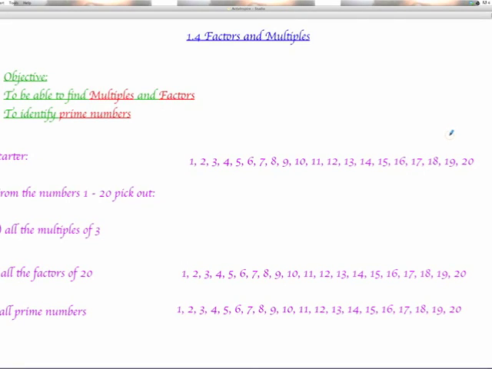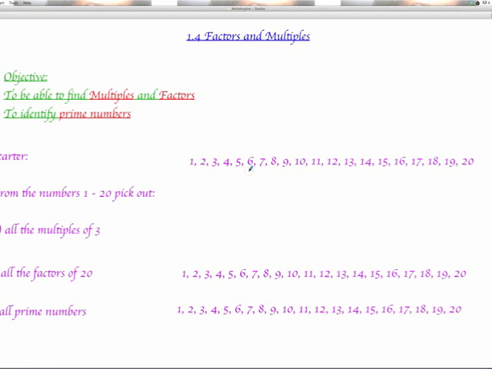In this lesson we're going to be looking at factors and multiples, and by the end of the lesson we need to be able to find multiples and factors of a number, and also to be able to identify prime numbers. So to start off with, from the numbers 1 to 20 you're going to pick out all the multiples